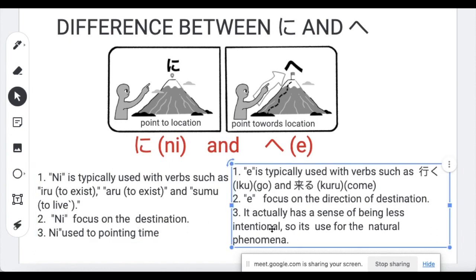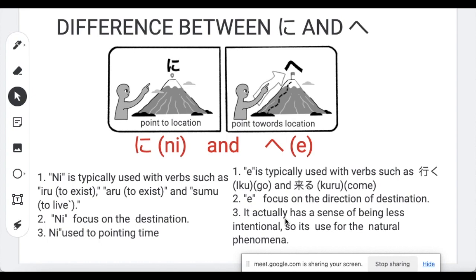We can't use e for pointing time. But in case of e, we can use it for natural phenomena. I will explain how to use it for natural phenomena, because natural phenomena, like when we are directing someone,